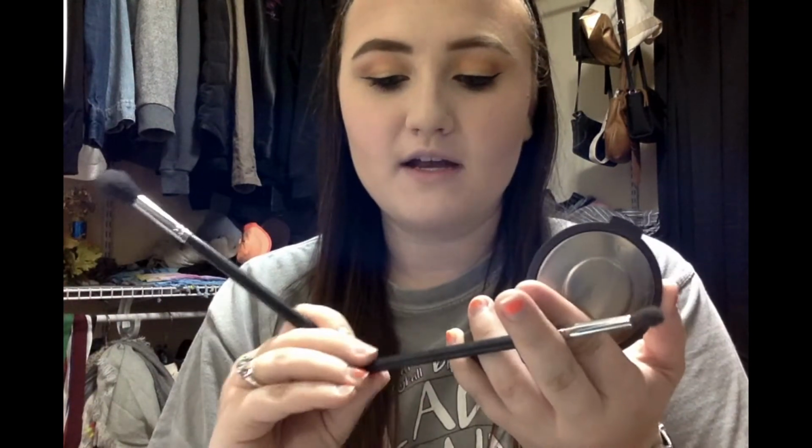Okay, and now lastly, but definitely not least, I'm going to go in with my Becca highlighter in the shade Pearl. And I use 2 different brushes for this. I use a little fluffy brush like this for more precise placement. And then I use a fluffier, a little bit bigger version. This one right here. This is M501 and this one is M506. These are what I use for highlight. So I'm going to put a little bit on here, tap it off,